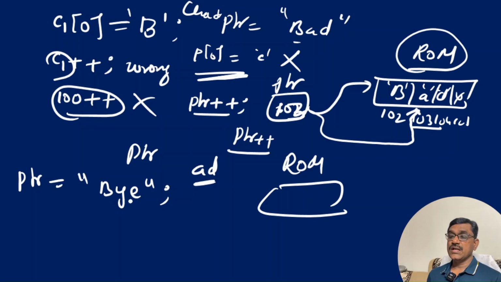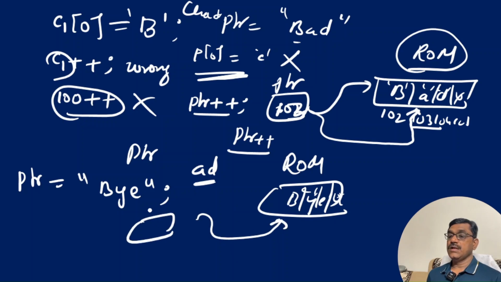We are storing another string literal in another read-only memory location, B, Y, E, and the last character is the null character, and this is pointed to by another variable, PTR. Previously, PTR held the address of 1 or 2. Now it is going to store another address. This is possible,